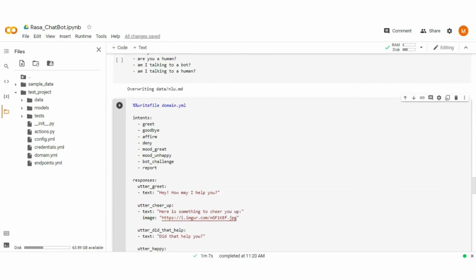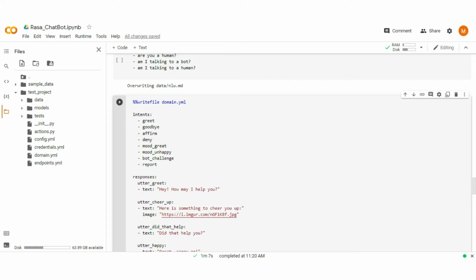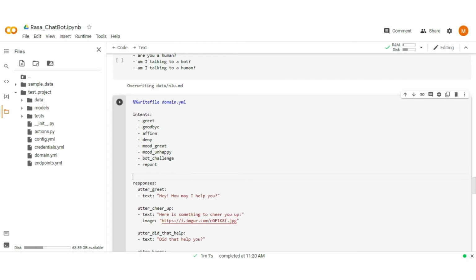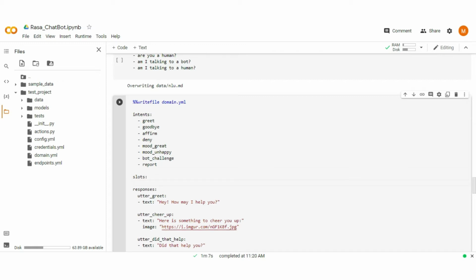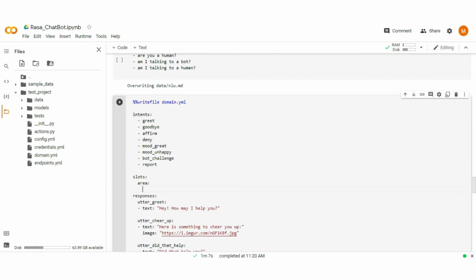Now create slots in the domain file. Create a section slots. Add the slot name area. We also have to specify the data type it holds. Type unfeaturized, as it does not influence the conversation.